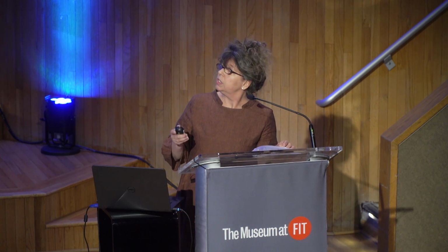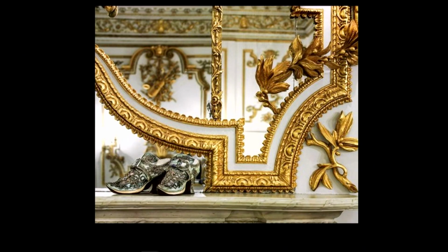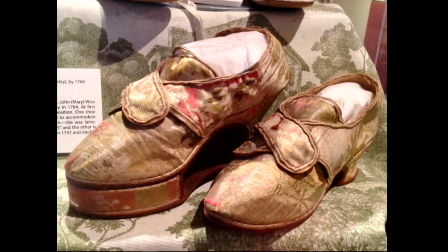The shoes here are court shoes in the Victoria and Albert Museum. You can see the similarity to Martha's shoes there. And I realize I need to skip a few of our stories. I'd like to conclude with a pair of bride's shoes, someone who you've never heard of and probably will never